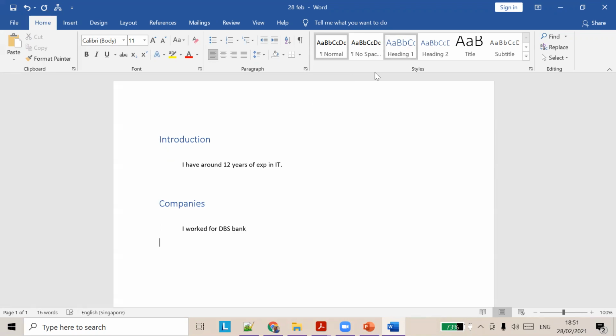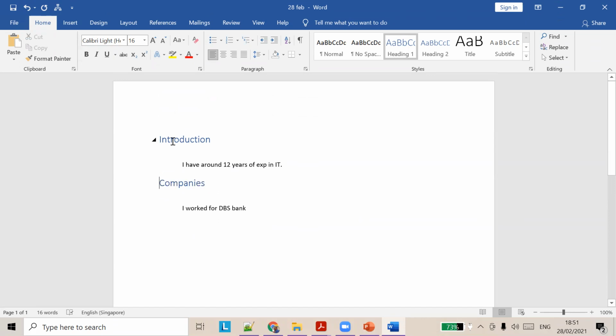Something like that we can have. If you see these things, your headings have a special font and it is easy to scan through the document. That's the purpose of having headings. You can separate your file into different parts. That's the main purpose of having headings in your document.